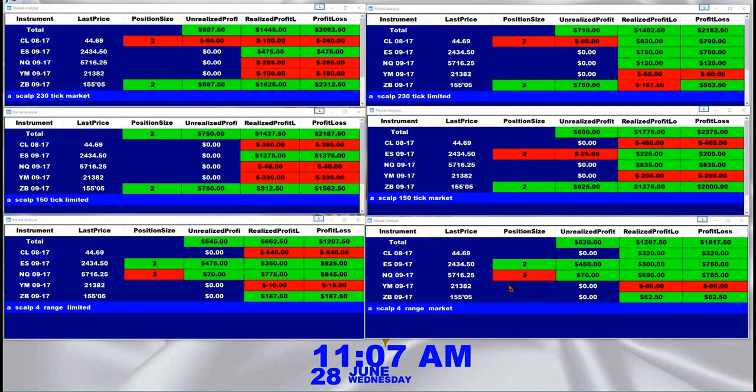And if the market spikes, I personally like a limited order and avoid a market order. The reason is, if any news or breaking news comes out, your slippage,